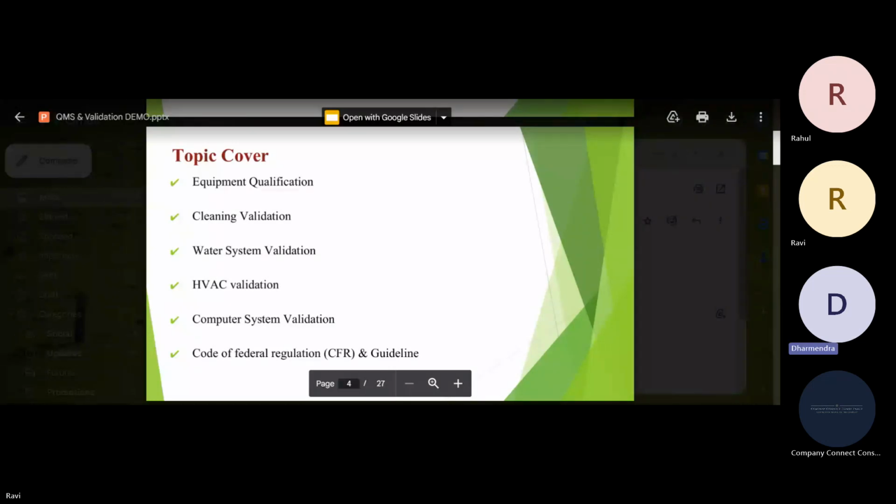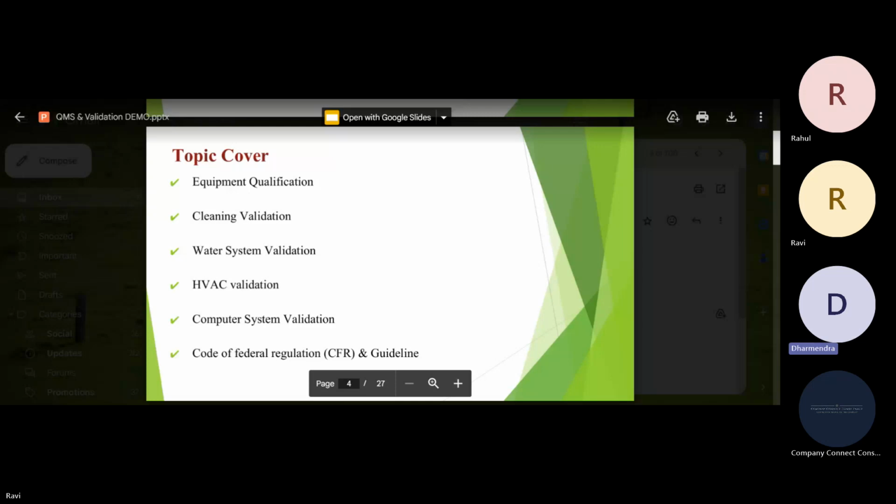अच्छा, ये सारे ट्रेनिंग में कवर होंगे ना सर? कवर होगा, जरूर कवर होगा। और ये कंप्यूटर सिस्टम वैलिडेशन में सर ये पीएलसी वगैरह इसका भी बताएंगे उसमें? नहीं, कंप्यूटर सिस्टम वैलिडेशन का अलग है, ये प्योरली फार्मास्यूटिकल वैलिडेशन एंड क्वालिफिकेशन का है। नहीं, इसमें टॉपिक दे रखा है ना सर, कंप्यूटर सिस्टम वैलिडेशन। उसमें बताया है क्या क्या डिफरेंट टाइप्स ऑफ वैलिडेशन रहता है, उसका ब्रीफ। और सर बोल सकते हैं कंप्यूटर सिस्टम वैलिडेशन क्या होता है और कैसे उसको क्वालिफाई करते हैं, वी मॉडल अप्रोच से। सर, इक्विपमेंट क्वालिफिकेशन में हम पीएलसी सिस्टम भी तो लगाते हैं। हाँ, पीएलसी सिस्टम के लिए अलग होता है, इक्विपमेंट क्वालिफिकेशन एक पार्ट होता है और कंप्यूटर सिस्टम वैलिडेशन एक पार्ट होता है। तो वो अलग सेक्शन में कवर करेंगे। ओके।